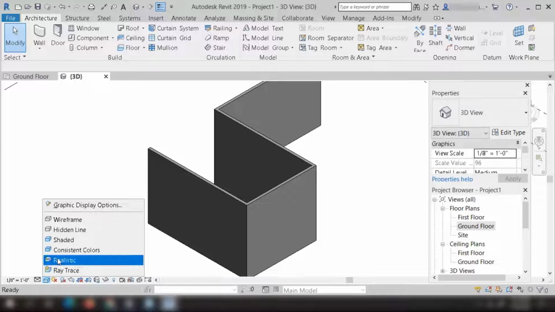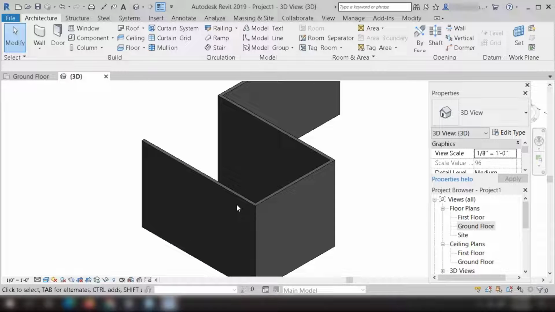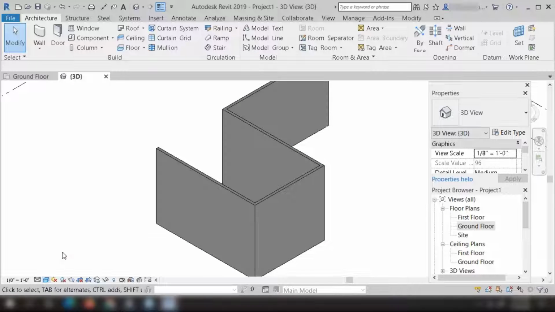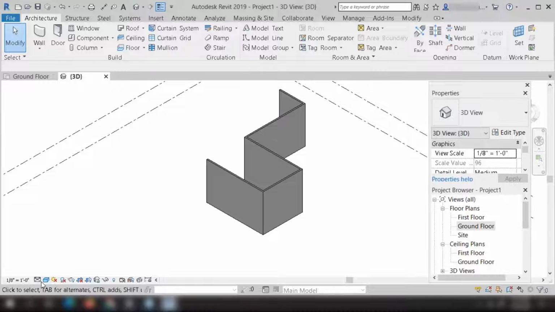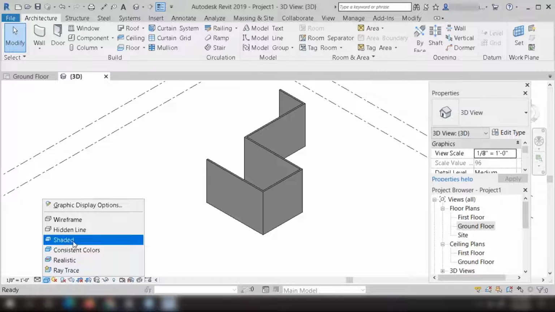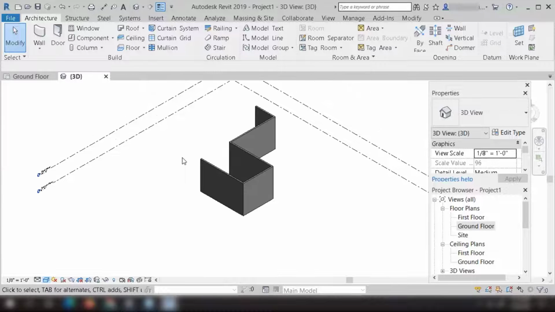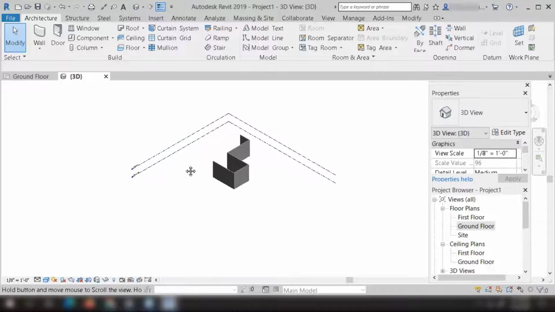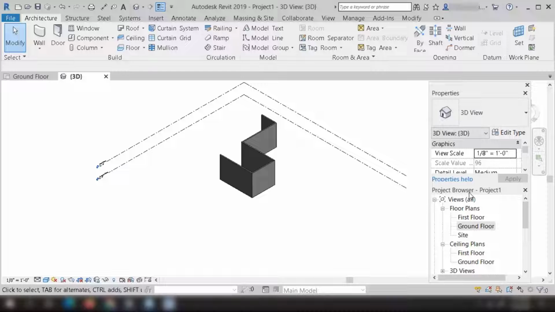If you want to see another view, let's say realistic, this is the realistic view of this wall. At a later stage, we can apply paint as well as different materials for these walls. We have a setting for consistent colors here as well. From here, you can change like this, right? For this, let me change to shaded only, right? If you switch to realistic or consistent colors, your software will lag a bit, right? To avoid such situations, you can use this shaded only here. Clear?